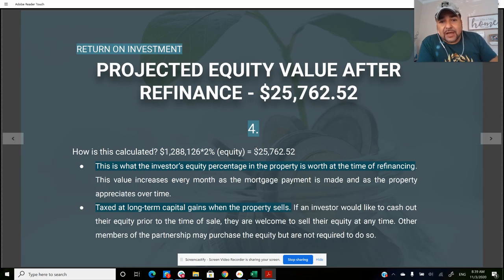Projected equity value after the refinance. So basically, if we get a loan of 65% loan to value, there's 35% equity in there, which is about 1.2 million, 1.2 million equity. So if an investor owns 2% of that, one of our partners, that means their net worth just went up by